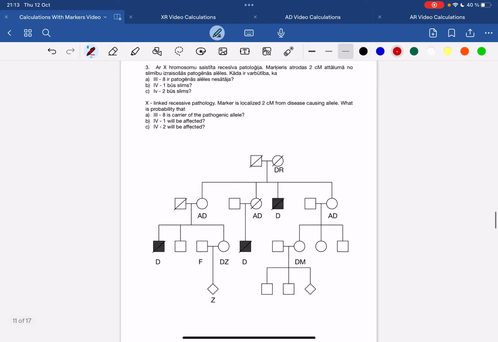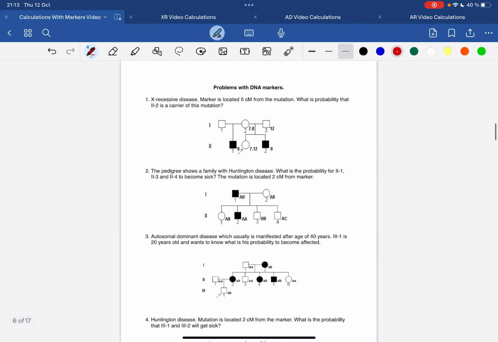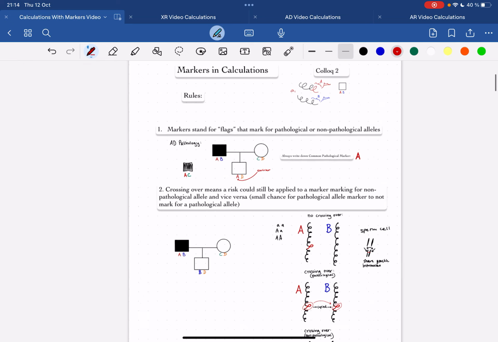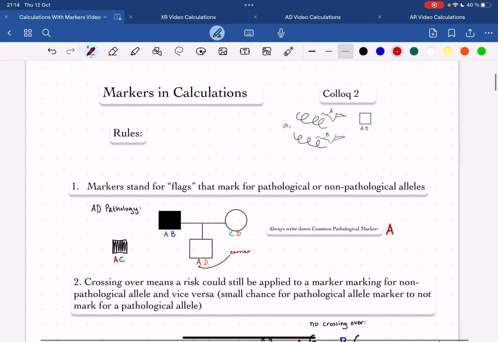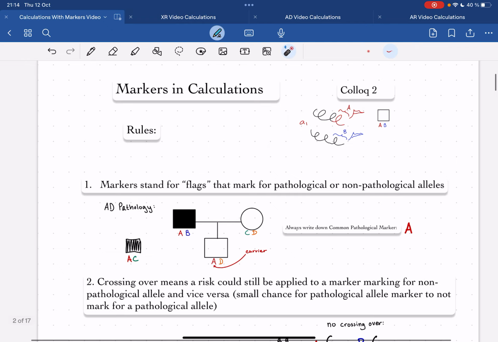RSU. So that could mean that this will be a very long video, and I apologize for that. Still, I think this would be quite fruitful for anybody who's trying to get into these types of calculations right now. Now, another important thing is that this is a topic in Colloquium 2. So markers will not be brought up in Colloquium 1, just in case you're a little bit lost,